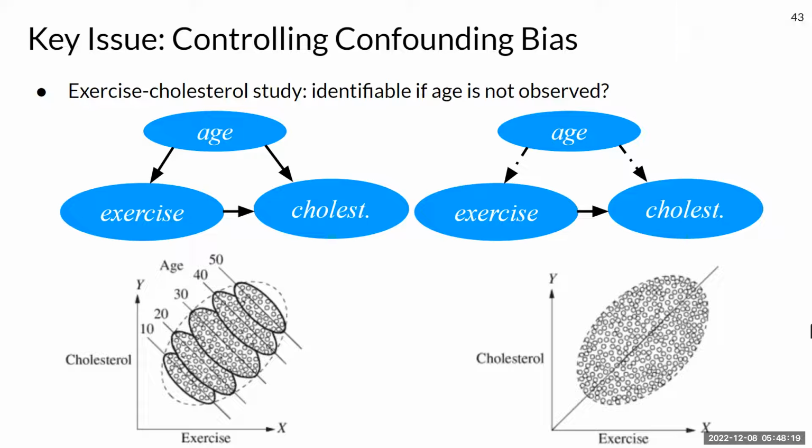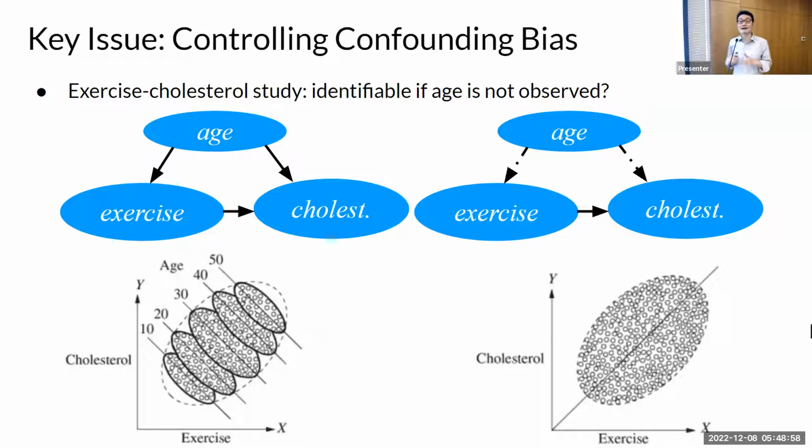Now you can see with the same distribution for exercise and cholesterol, you can have different models. In one case, the effect of exercise on cholesterol might be very small, and age actually has huge effects on both of them. This is one way to explain their dependence. Alternatively, I can have another model where the effect of exercise on cholesterol is very big, while age, as the common cause, has a very small influence on both of them. Both situations can produce exactly the same distribution of the measured variables, and they follow the same structure.